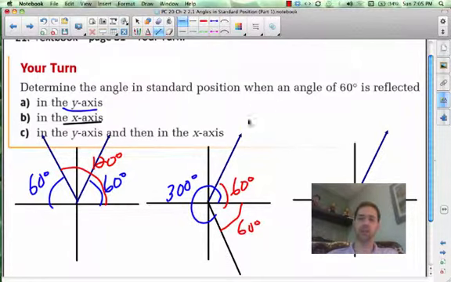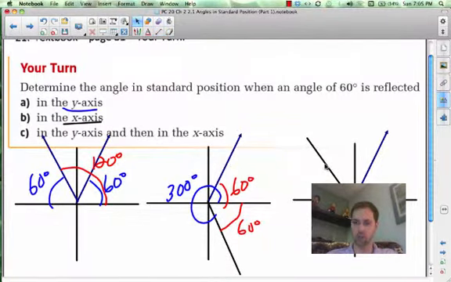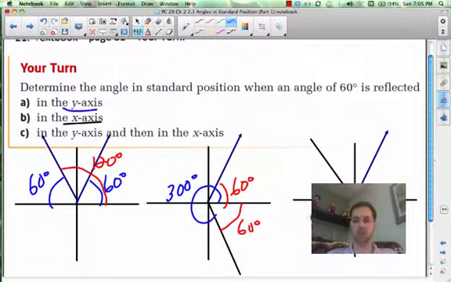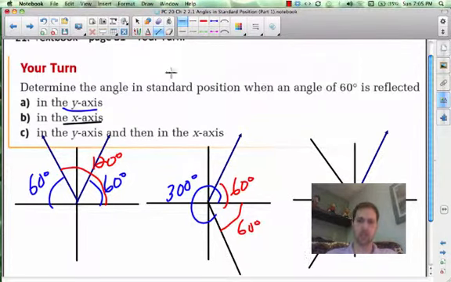So let's finally take a look at our last one. Now this is two reflections. So first in the y-axis, so we reflect it over here. Sorry, that was very poor. So we reflect it over here, and then we reflect it in the x-axis. So we're going to reflect it down like this. And again,